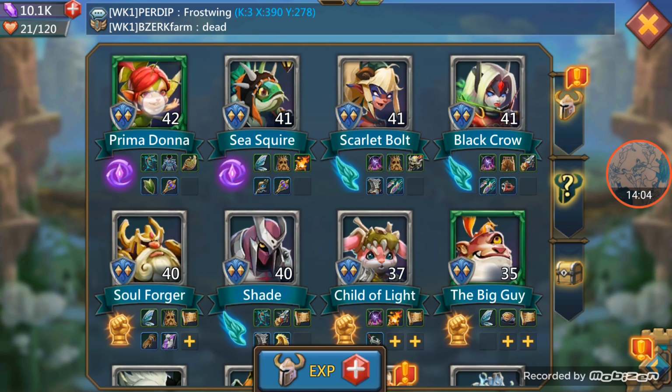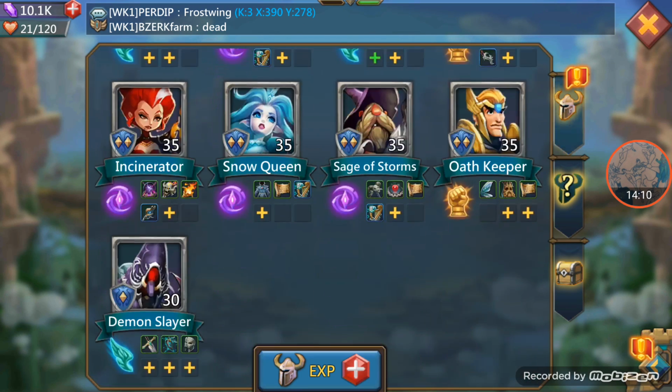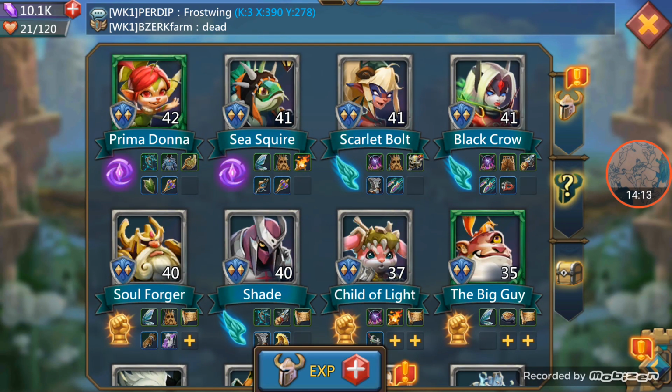So basically, I'm using Prima Donna, Sea Squire. This is the team I'd like to use, right? Prima Donna, Sea Squire, Child of Light, Shade, and Demon Slayer, just because of the pure crowd control that they would have. Sea Squire is really amazing, guys. When I get to a higher level, I may not even use Prima Donna and just use Sea Squire, because his